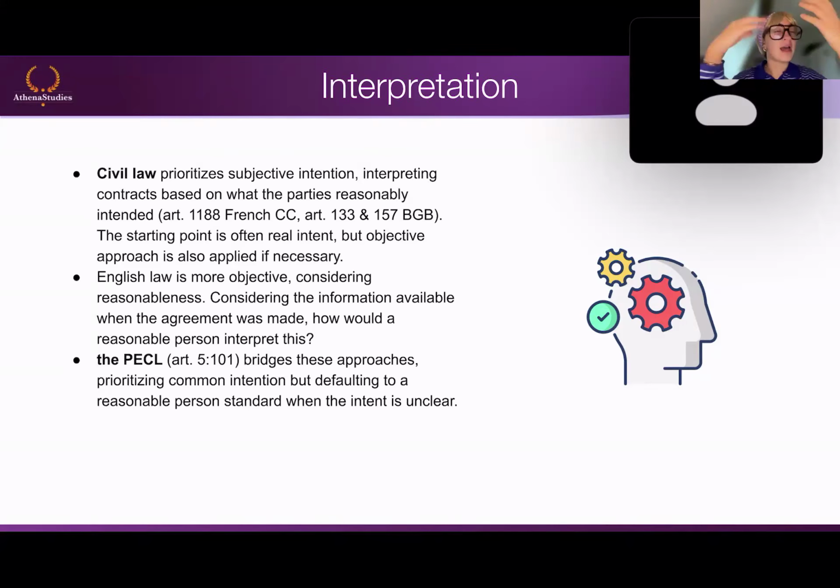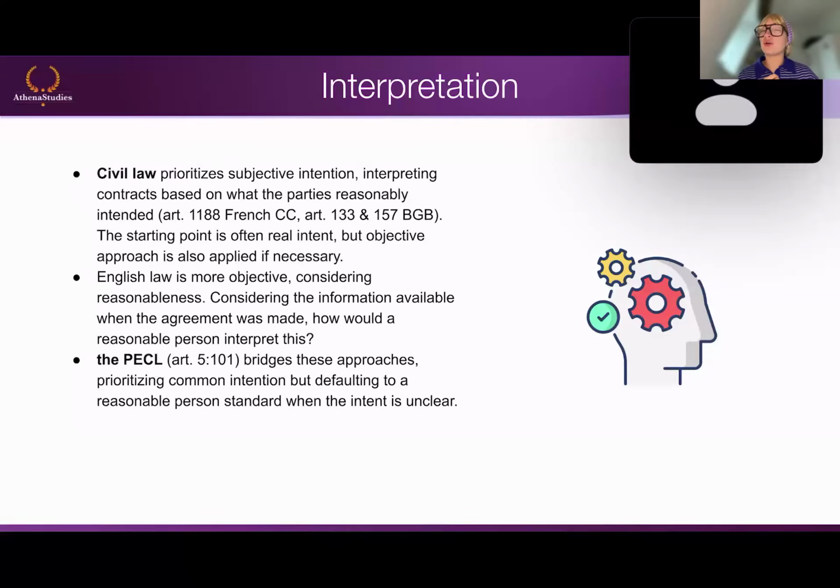It basically says, well, subjective didn't work, now we're asking how a reasonable person would interpret this. That is the objective practice. However, common law, England, is the most objective it can be, though none of them are fully objective, because it really disregards the intention. It is all about reasonableness. What the courts in England will ask is: we have this contract in front of us, we have this information at the time. If you ask a reasonable person with a reasonable amount of knowledge, no need for law knowledge or anything, how would he interpret this? What would he think this means? That is the question that we ask.